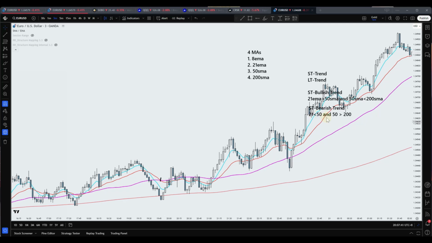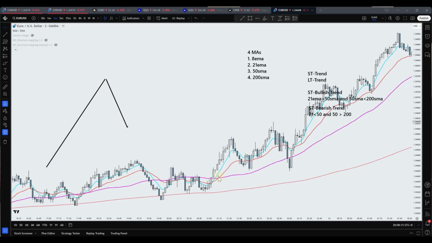But the second condition is 50 is greater than 200. This is 50 is greater than 200. It means 50 is above the 200. Okay. So this is all pullback. This whole area is pullback. When this pullback is over, let me clean again. When this pullback is over, we are longer term bullish, shorter term bearish,